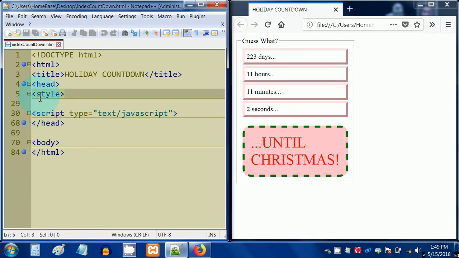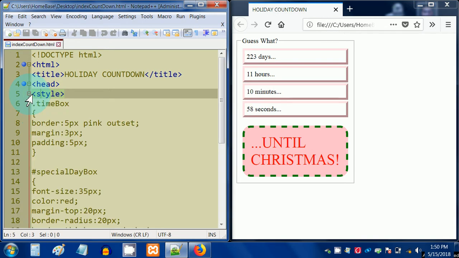So let's take a look at our styles first. Let's open it up, and in between our style tags, we have a number of things that we're going to style. .timebox means we're going to style a class name called timebox, and for timebox we give it a border, a margin, and a padding. We set border, margin, and padding to specifics. After that,